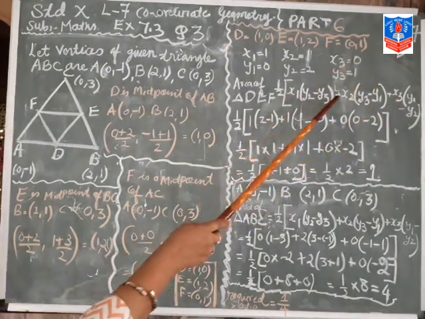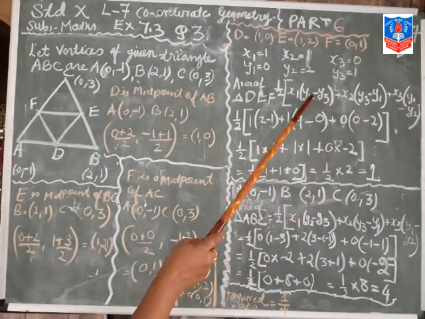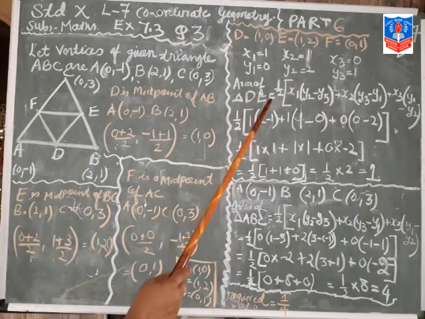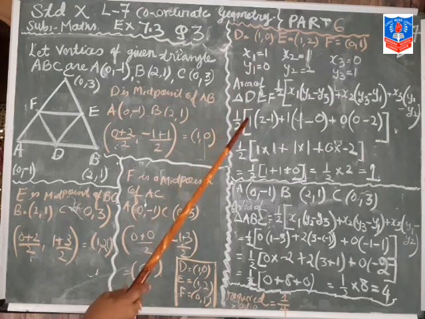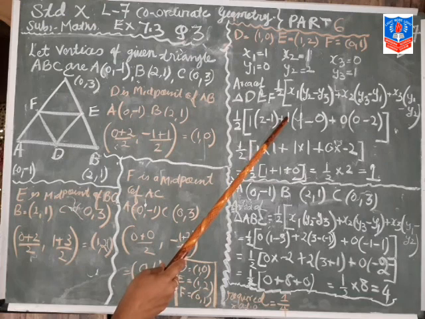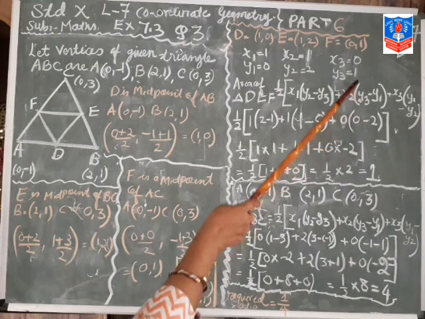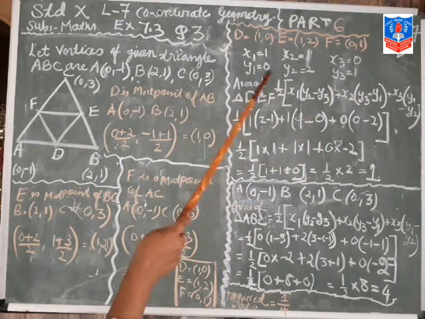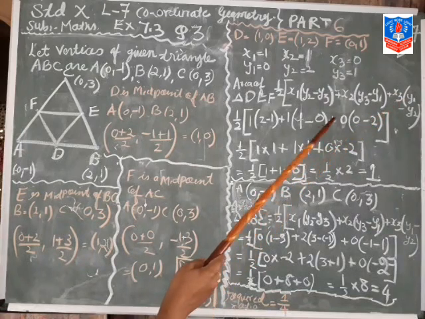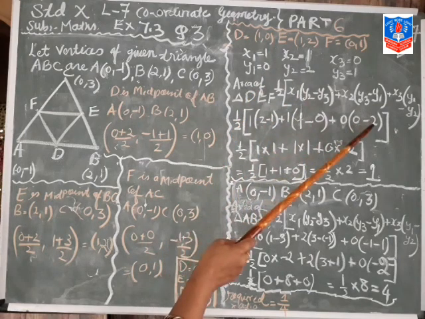1, 2, 3. 2, 3, 1. 3, 1, 2. Inside minus and in the inside minus sign. Clear? So now half. Now 1, 1. Okay. y2, 2 minus 1. Then x2, 1. Okay. y3, that is 1. y1, 0. So 1 minus 0. Okay. x3, that is 0. Okay. x3, 0. So y1, 0 minus 2.